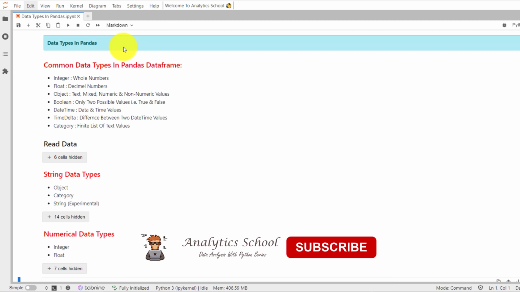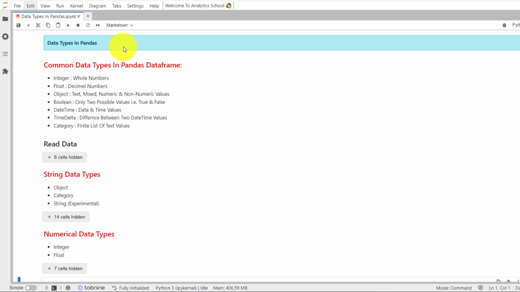Now let's get back to the topic. Pandas stores its data such that each column is exactly one data type. And if someone analyzes a pandas data frame, one will find that there are common data types that appear more frequently. What are those? Integer, which are whole numbers; float, which are decimal numbers; object, which can be text, mixed numeric and non-numeric values; boolean, timedelta, and category. So these are the common data types in a pandas data frame when you are reading a data